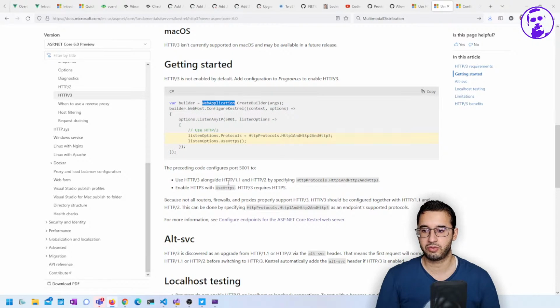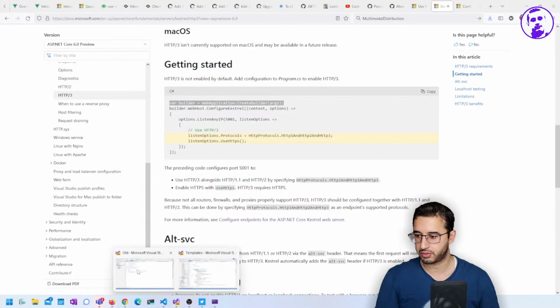So this is another reason why that new hosting API is going to be a better bet to use going forward, because all of the docs are going to show the new way of doing things, not going to show startup and the old generic host. So I think we need to switch at some point, but I'm going to wait for .NET 7 to do that. If we go back to our project,